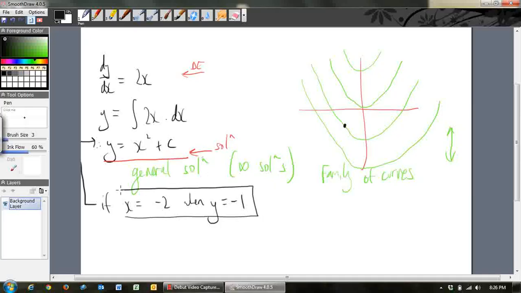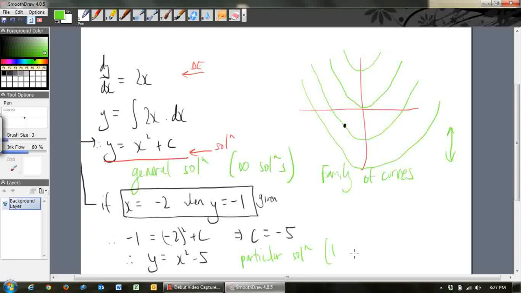Now let's just do that. So if we're given some point, then what we can do is substitute that back in. So therefore, -1 equals -2 squared plus c. Therefore, c equals -1 minus 4, so that's -5. And so we have now found the value of c. So therefore, y equals x squared minus 5. That's called the particular solution,